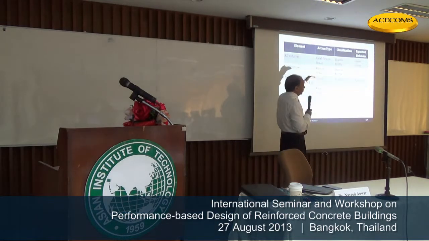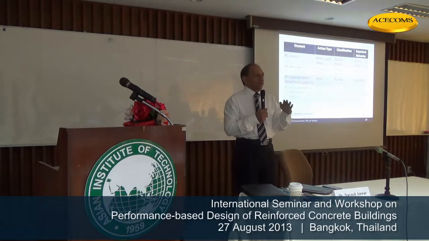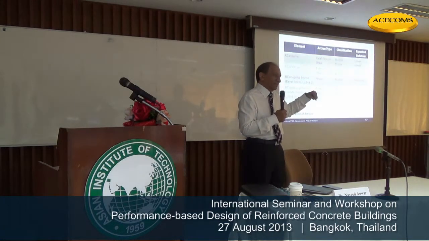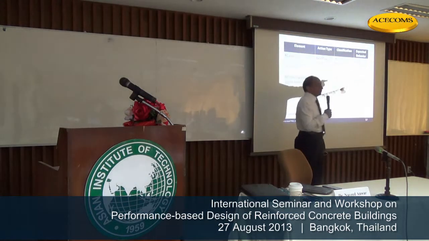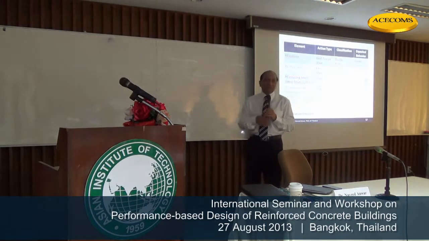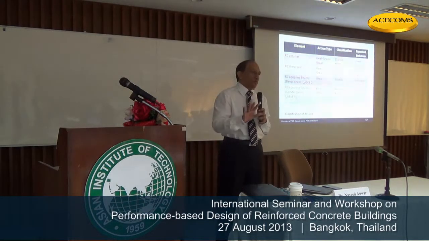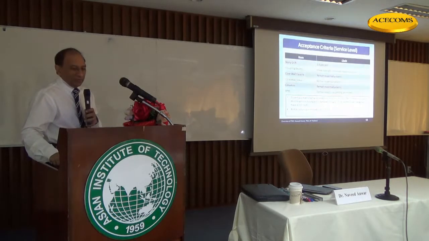So now not only are we talking about the global indicators, but we are now coming down to each member. Shear wall should do this: shear should remain linear, bending can be non-linear. That is how we model it, and that is how we check it later. So the demand DC ratios will be checked based on what we specify in this table. So this table is the starting point of the process, where we say, okay, this is what I'm going to do, this is how I'm going to model it, this is how I'm going to check it, and this is what I expect from this structure to do.